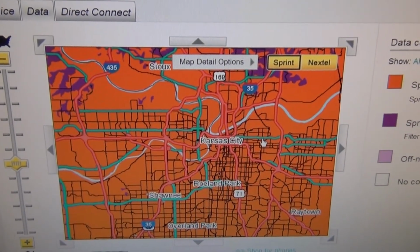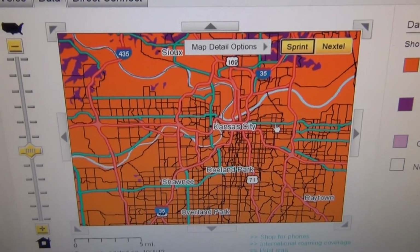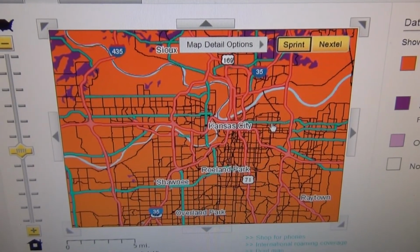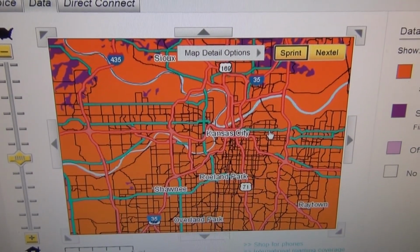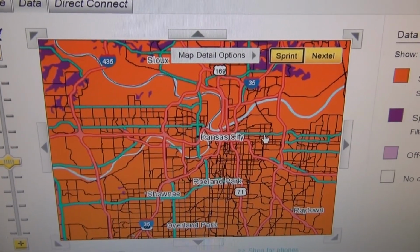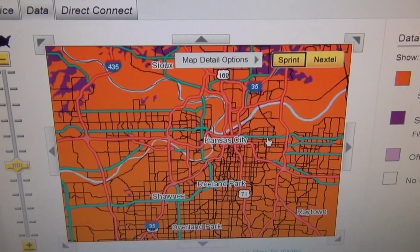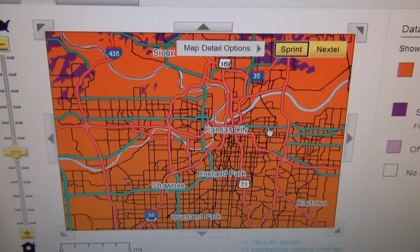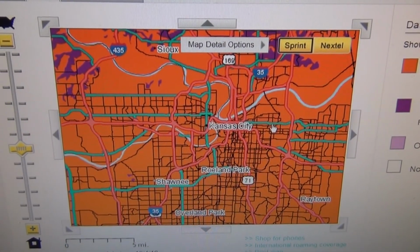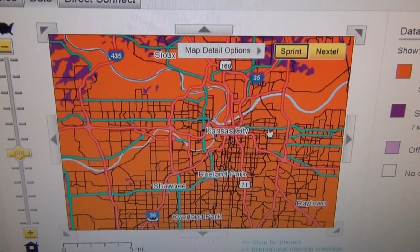And this has been like this since mid-July. As soon as they launched it, this went up. And I was cool. I turned my LTE on my phone and nothing. And obviously I don't live in Independence, and I don't live in Overland Park, and I don't even live close enough that I commute there. So if I get it, I'm traveling through there or something. So hope this video has maybe